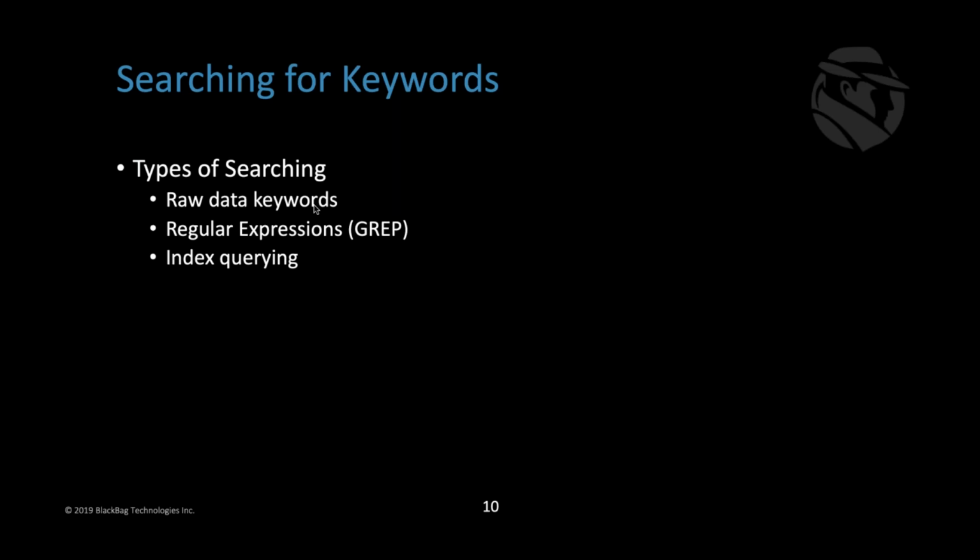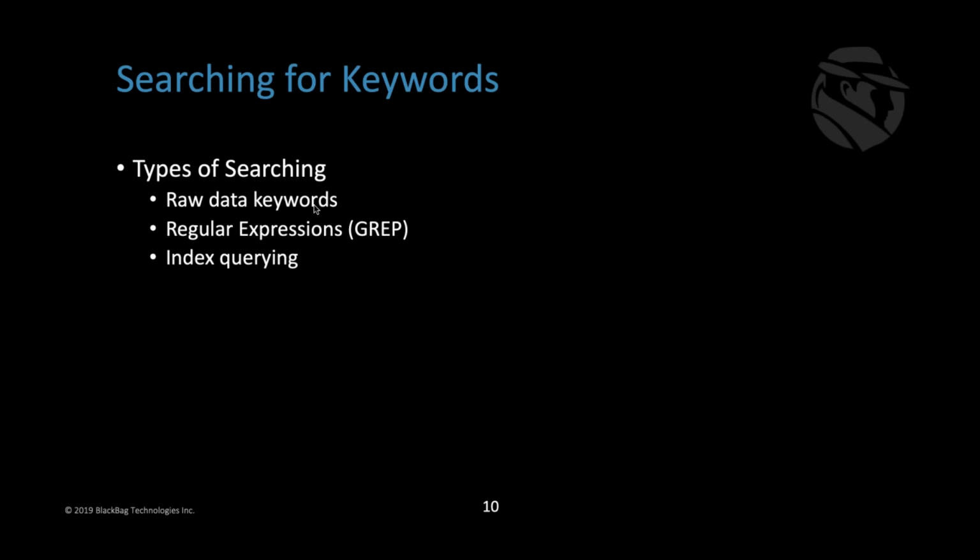So the next thing that we added in Blacklight 2019 R1 is the index querying. So in forensics there are kind of 3 general types of searching that happen, and each of them is really powerful for a specific use case. Understanding when to use each one is really what will save you a lot of time, because searching is just an intensive process. And we want to make sure we don't miss any data and that we've done it correctly so that we can confidently say, this is the data that you were looking for, or yes or no, those names did or didn't exist.